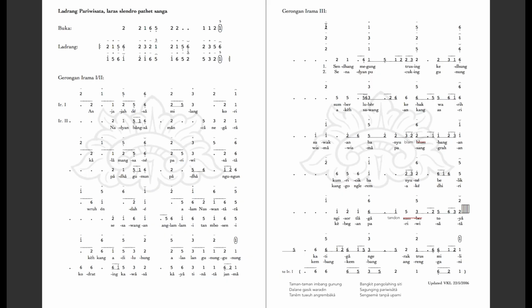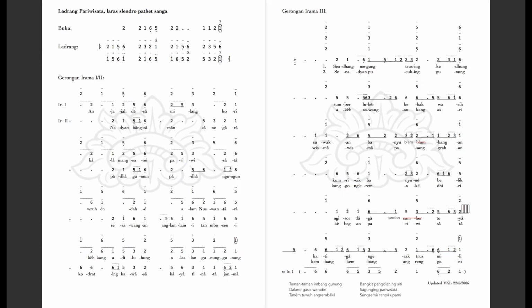Once we're in irama wilet, notice up here we've just got 2 lines of balungan with no vocal part. There's going to be sinden, the female vocal soloist, but we won't have the choir part. So we just wait for this balungan to go by, and then we join in right here on this 3rd line of the balungan. We wait for that, and then we start right here.